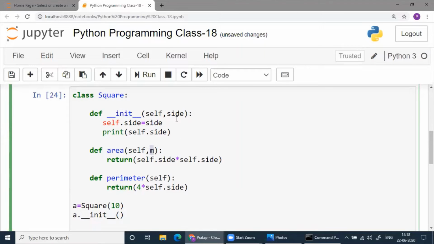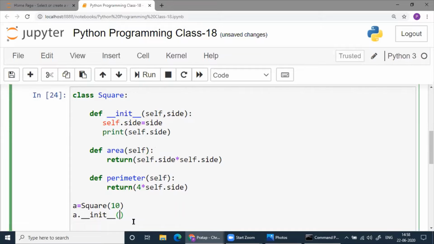It's not that all the variables you initialize here only. If you have something else here, suppose there are m squares, you want to find the area, you can give m here. So when you call this function, if I write area here, I have to supply m. Because side is here, I have to supply side. Otherwise, there will be a problem.